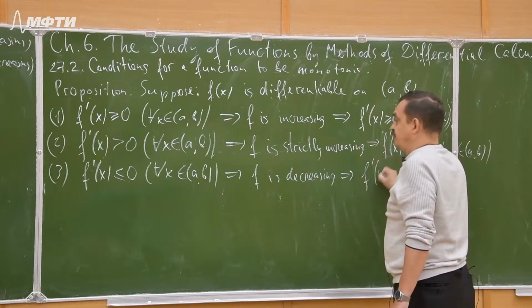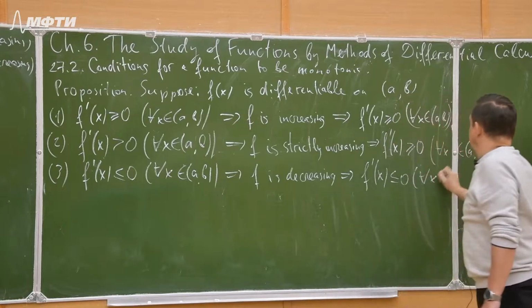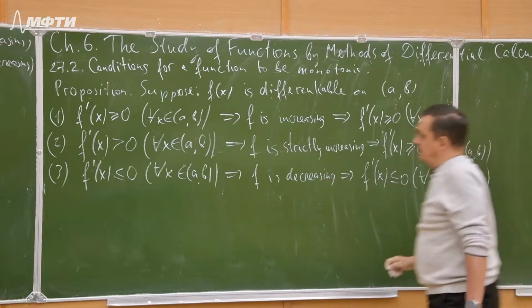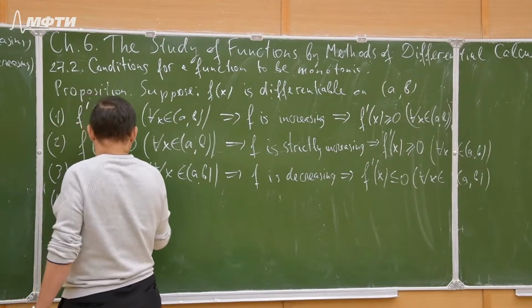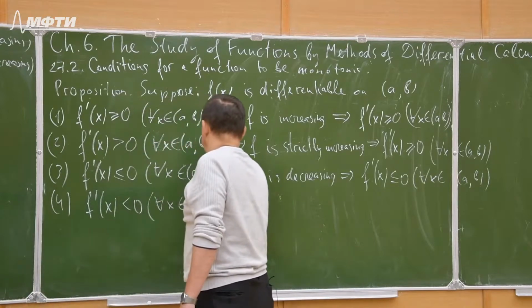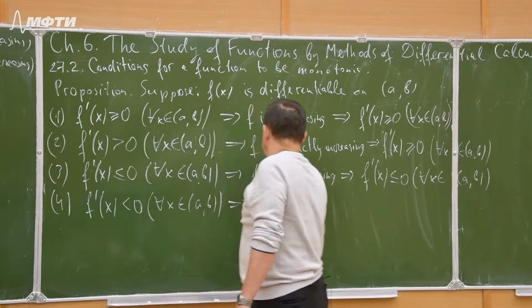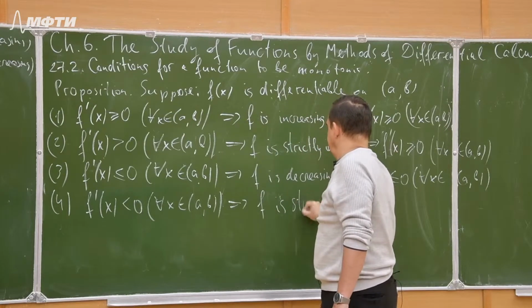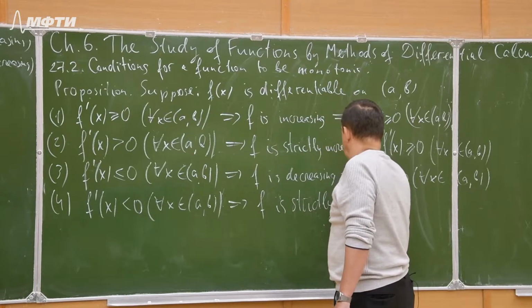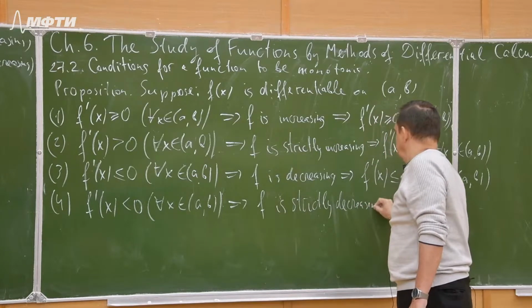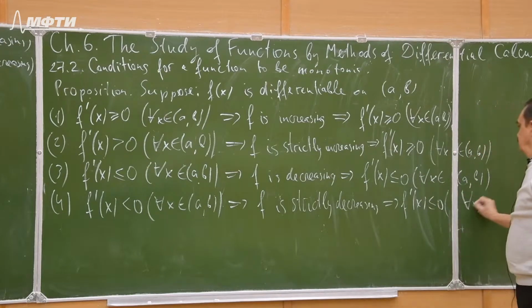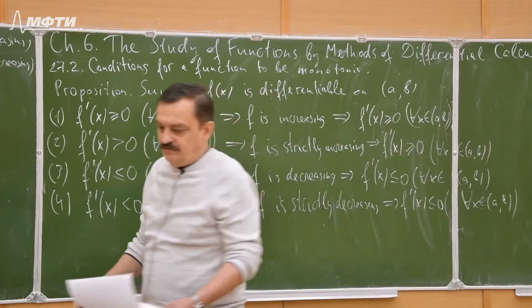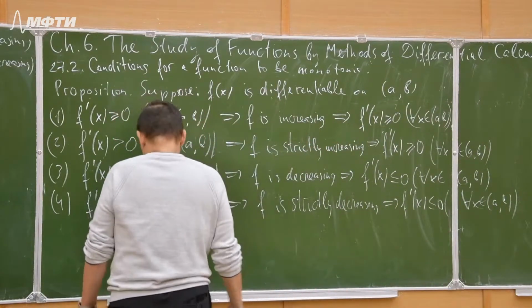F prime of x is non-positive for all x, and analogously, the last is f prime of x negative for all x, hence f is strictly decreasing, hence the derivative is non-positive. We cannot assert that the derivative is negative for strictly decreasing functions. So proofs